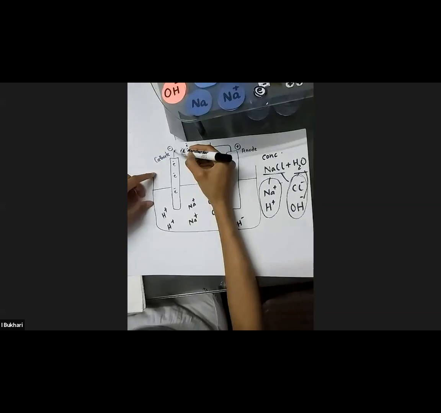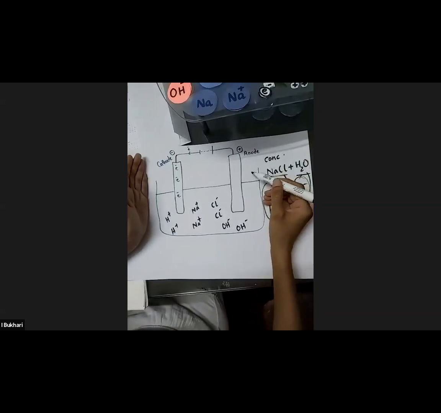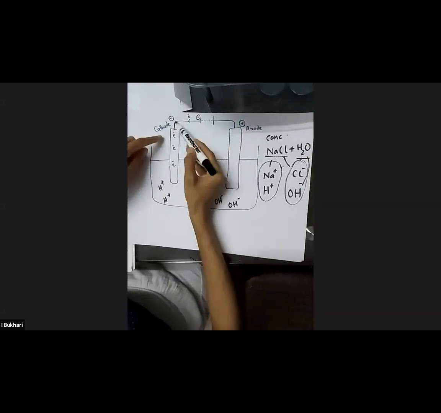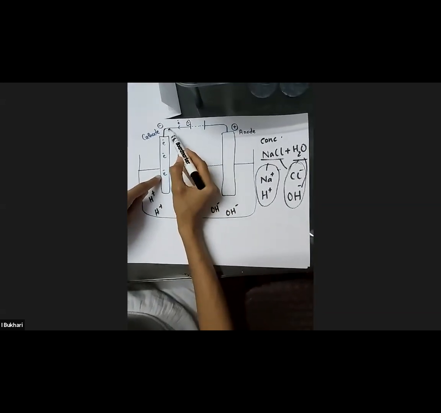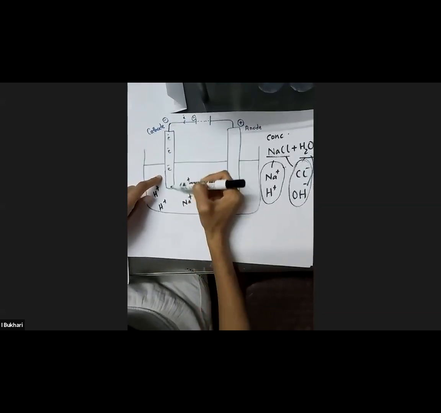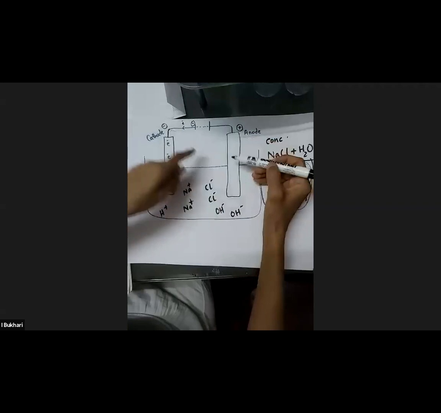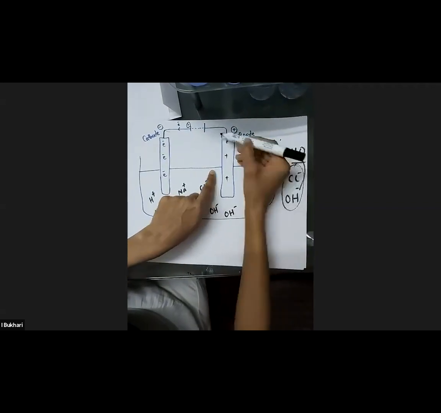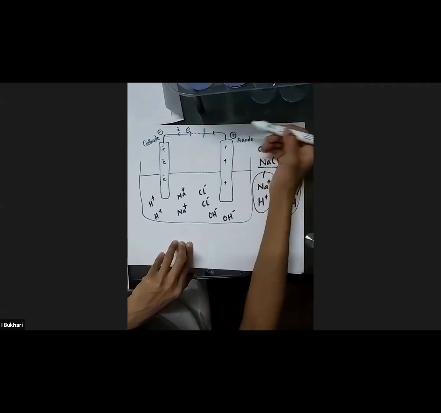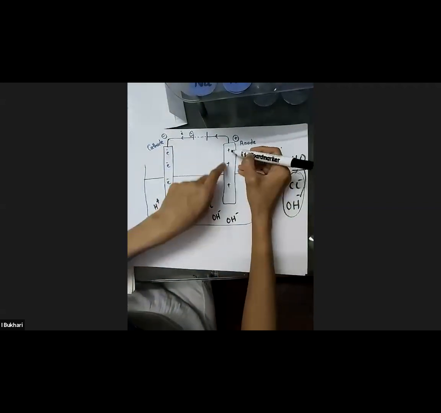Okay, by the way, I have already mentioned this in the electrolysis of molten compounds, but let me repeat myself again. The electrode which is connected to the negative terminal of the battery has an excess of electrons, right? Because the negative terminal of the battery has electrons coming out of it, and those electrons give an excess of electrons to this electrode, and therefore it gets a net negative charge. Whereas the opposite happens to the anode, because the electrons are traveling towards the positive terminal of the battery, so it has a net positive charge. So it has a loss of electrons, right? So this is positively charged.